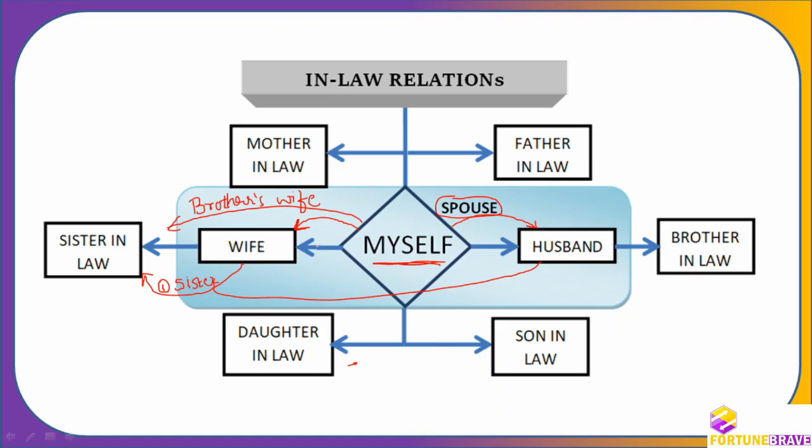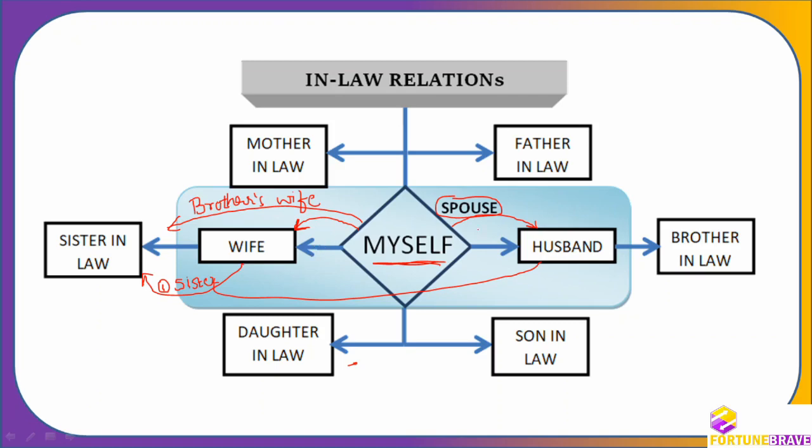So if your wife has a sister, then she is your sister-in-law. Your husband has a sister, then you are her sister-in-law and she is your sister-in-law. Are you getting my point? If you are a female, then your husband's sister is your sister-in-law, and for her you are also sister-in-law. That should make clear, I think. Okay. Now we'll go to brother-in-law.